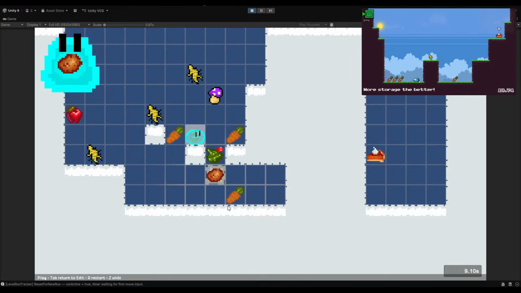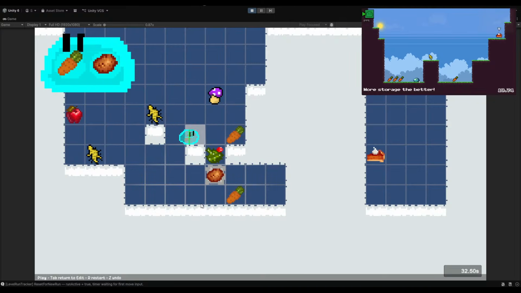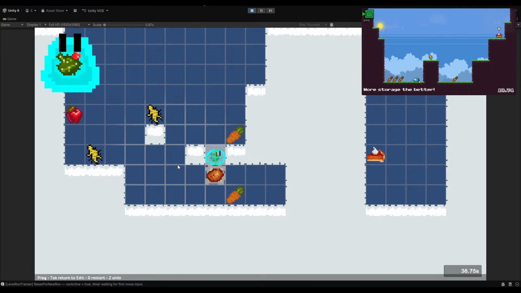Thankfully, it just works with the undo system, but at one point it was very buggy because this thing has a time it takes to crumble away. There's no animation or sprite for it right now, so it's hard to tell. But yeah, it was quite weird because, what happens if I trigger it and then undo? I think I just pretty much had to say just destroy it and place a new one. But there we go. If I use this food, nothing happens, and I think if I undo.